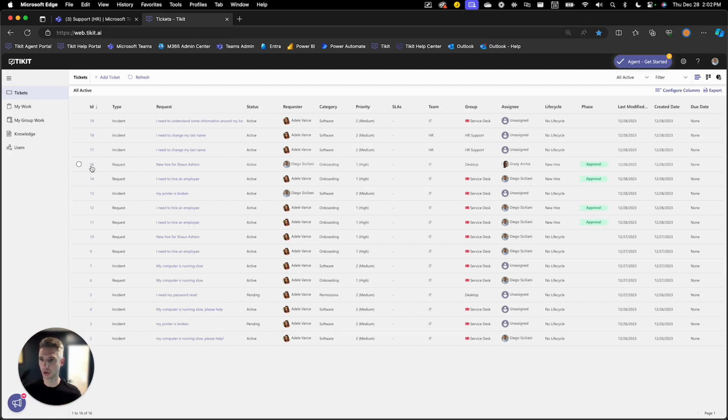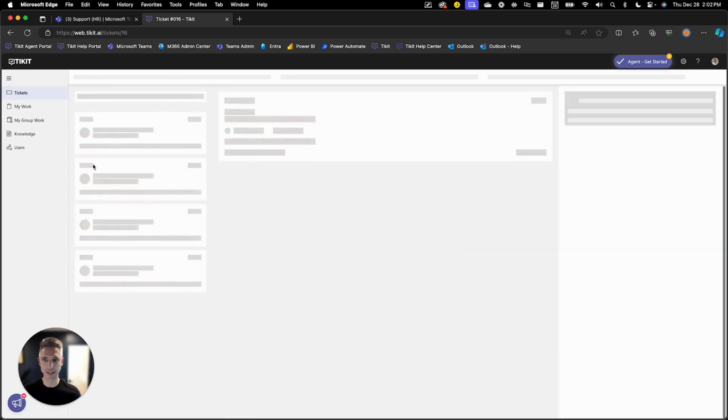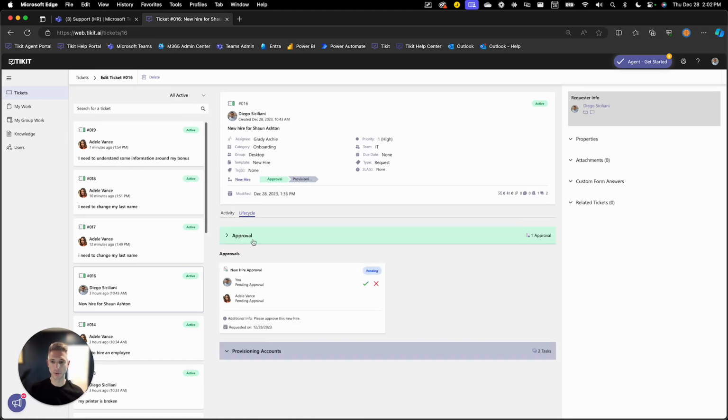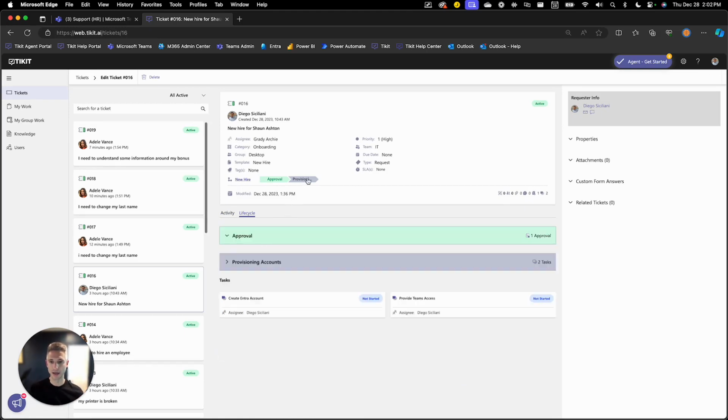Let's go over to one of my new hires here. I'll go to Ticket 16 here. And you'll see here that this new hire has two phases. We have an approval phase and an account provisioning phase. Now, if, as the example, Alex was assigned to one of these tasks, even though he is not a member of the HR team, he would have access to this one ticket because he needs the ability to see the